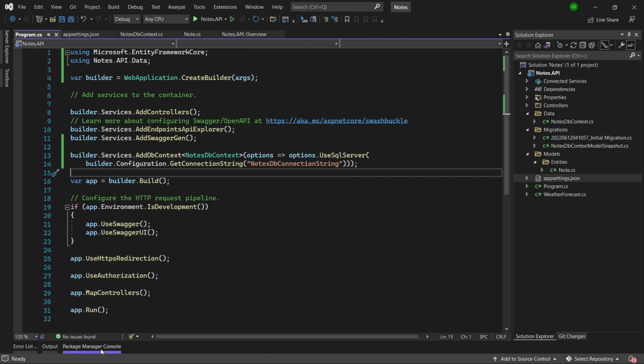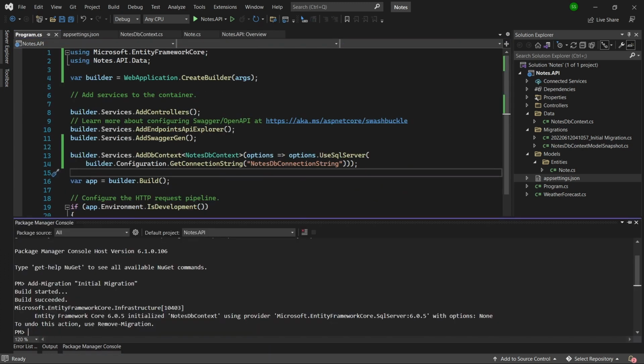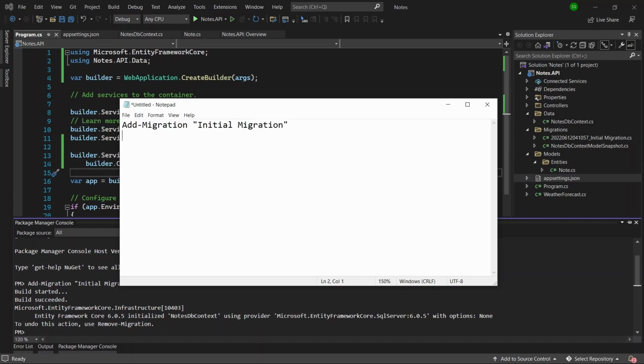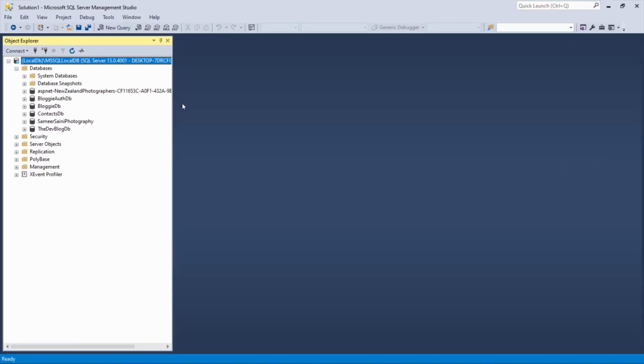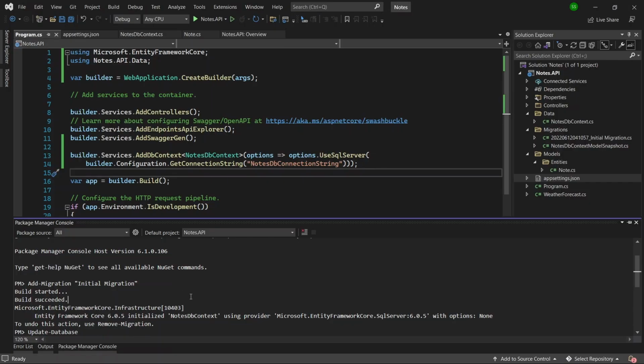So after the first step, which is add migration, the second step that we want to do is to update the database. So update-database. So copy that and paste it. Before running this command, I want to show you that there's nothing over here. This is my SQL Server, SSMS, and if I refresh my server, I don't have any database called notesdb. So I will now run this command,